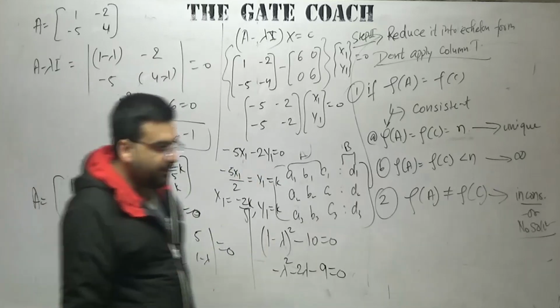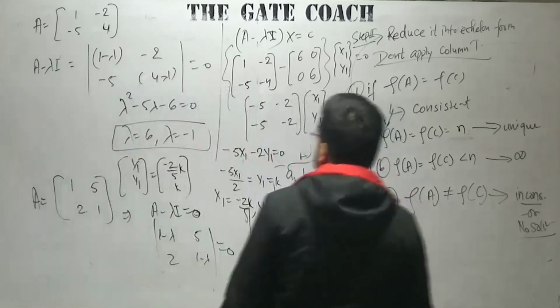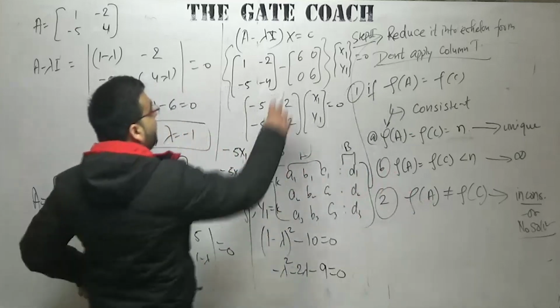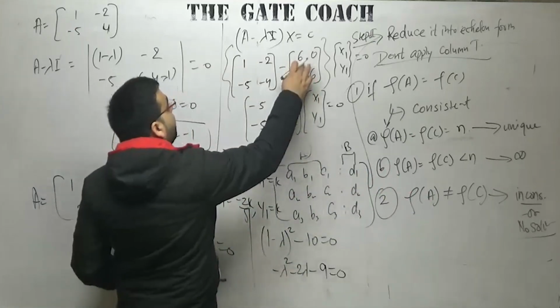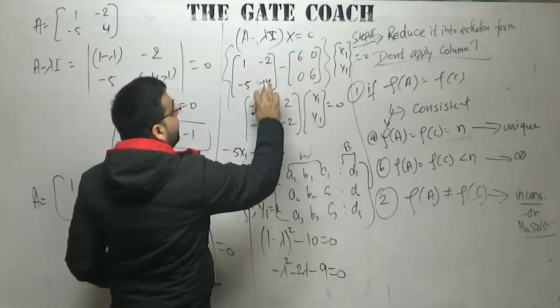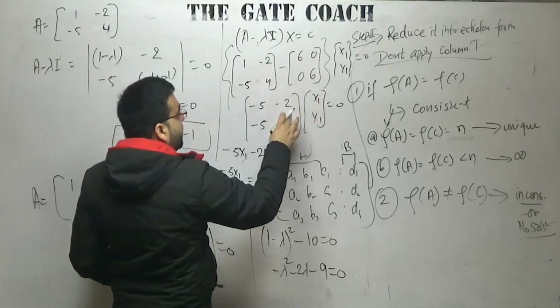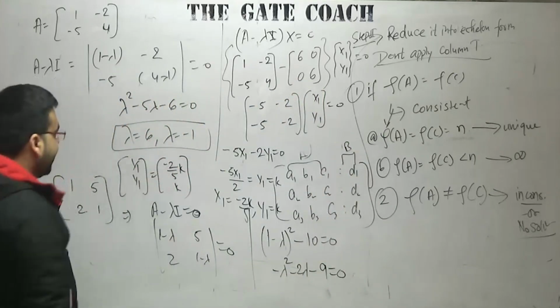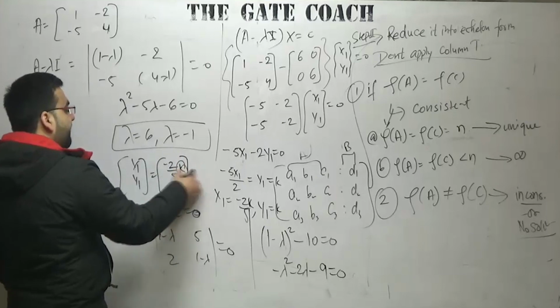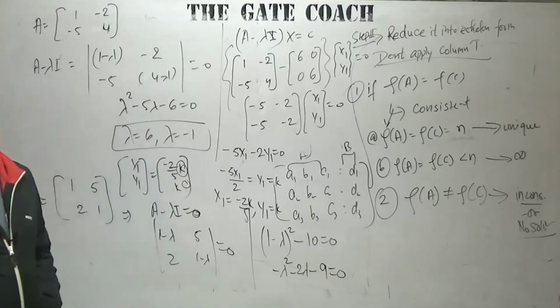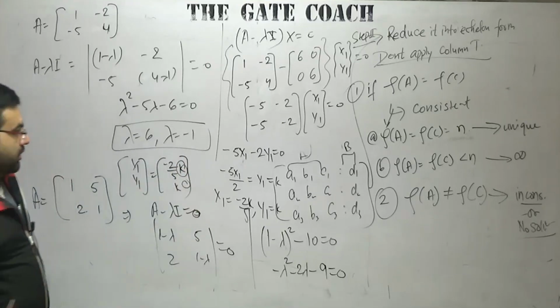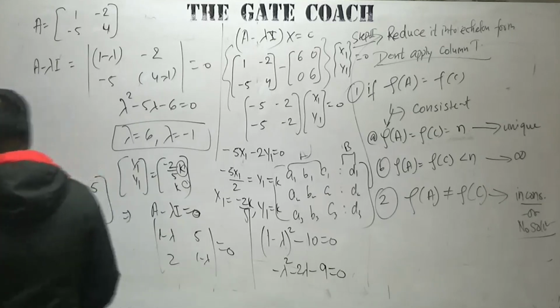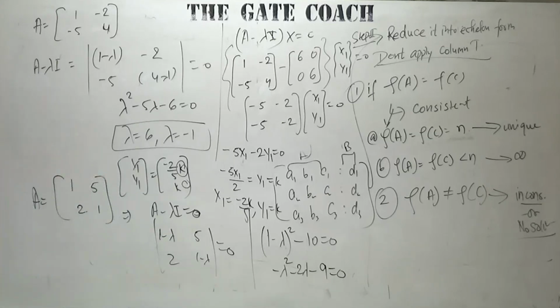Similarly, corresponding to lambda is equal to minus 1, you put lambda is equal to minus 1 here. If it is minus 1, it will be 0. Minus 1, it will be equal to 4. Minus 1, it will be equal to 5. Corresponding to that also, you will get an eigenvector. So depending upon the value of this k, you can have a number of eigenvectors. Clear? So that is how we calculate the eigenvalues and the eigenvectors.